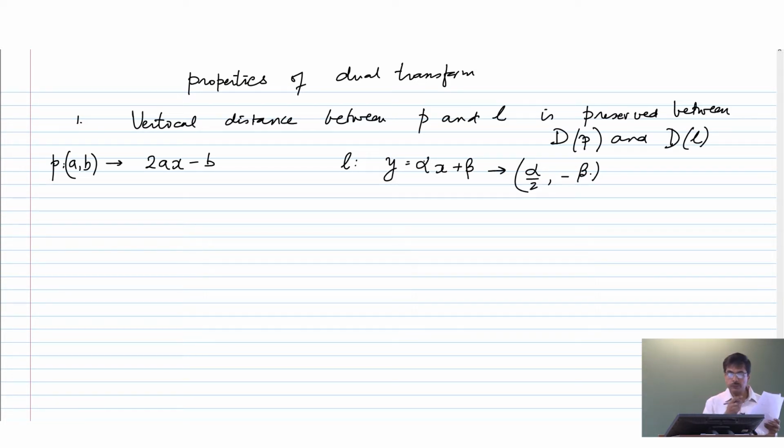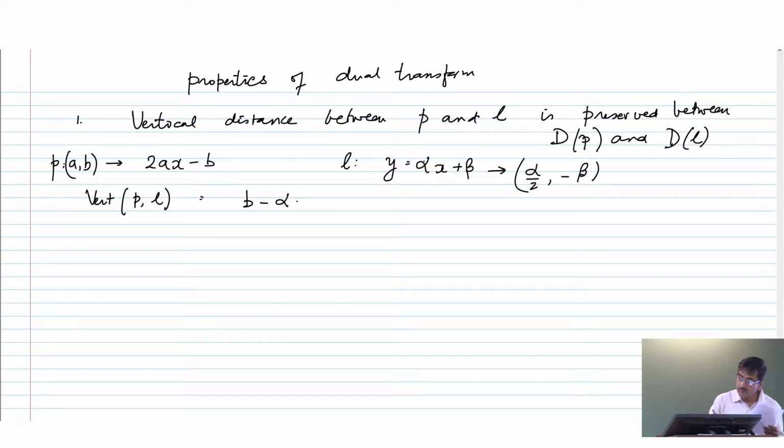This is the mapping that we are using for the dual transform, right. Now, the vertical distance between P and L is what? We just substitute the coordinates, right. So, the vertical distance between P and L is b minus, I will substitute x equal to a,